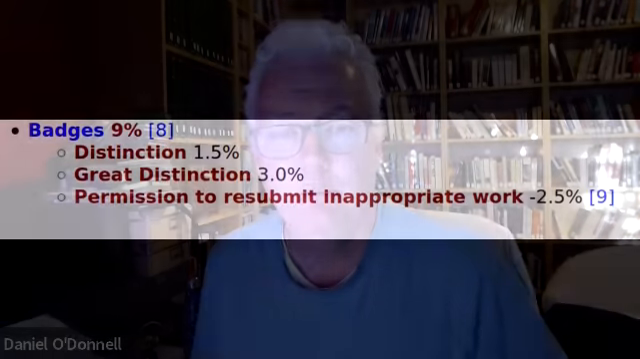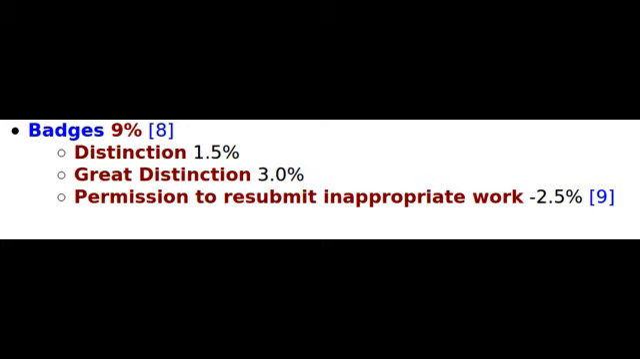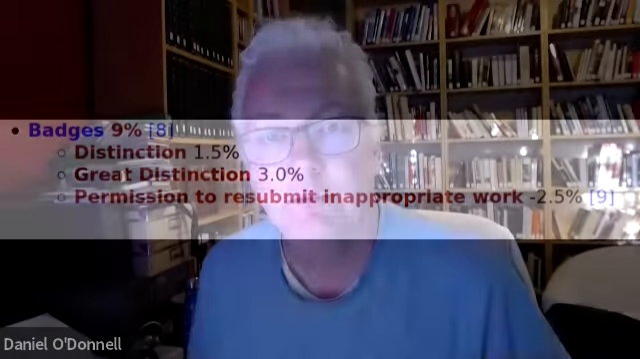There is one other type of grade in this course, badges. These are unusual and they probably need some explanation. The short version is that I use badges to reward excellent work. There are two kinds, distinction and great distinction. In this course, a distinction badge adds 1.5% onto your final grade, and great distinction adds 3%. These badges can be awarded for any work that I consider exceptional, the kind of work that might earn a B+ or especially an A or an A+,